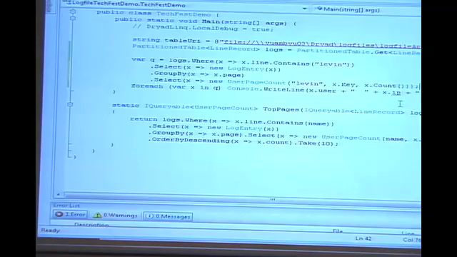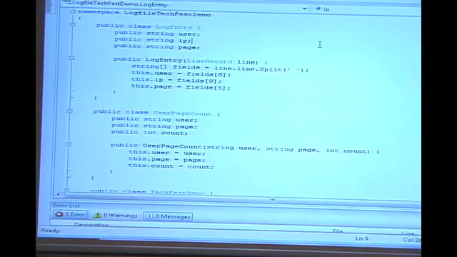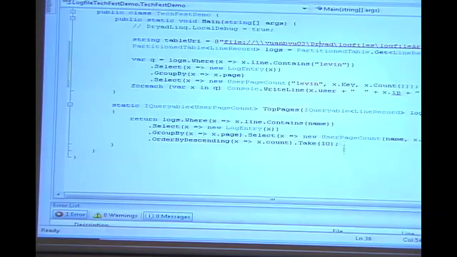Because I do another transformation, this is a different kind of object, which is just another object I defined here, called user page count. Now we don't have the IP anymore, and I just put a count here.